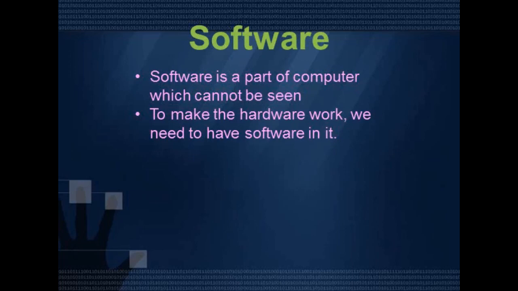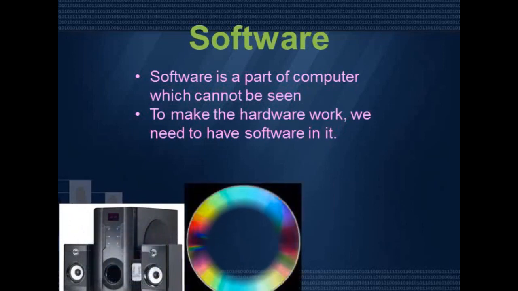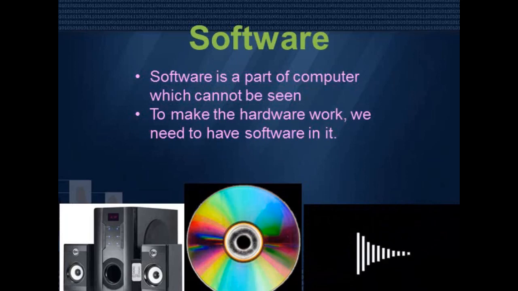Children, all of you must have seen and used a music system. The parts like speakers, CD and DVD which you can touch and see are hardware. Can you see the songs or music recorded on a CD or DVD? No, because that is software. A CD is a hardware, but the songs or movies which are stored in it are software, as they cannot be touched and seen. Likewise, a TV is a hardware and the programs you watch on it are software.